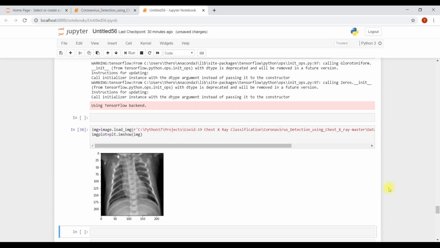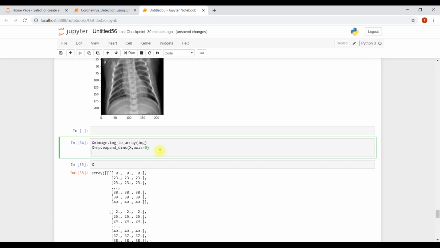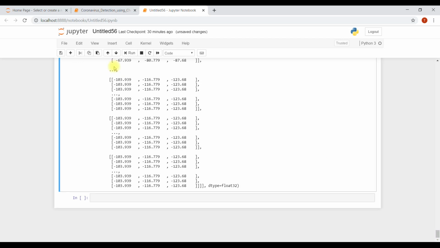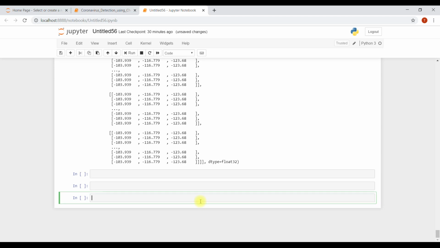Now it's okay. See, the values have changed. We pre-process it to make the pixel values smaller. The image stays the same, but the pixel values do not.